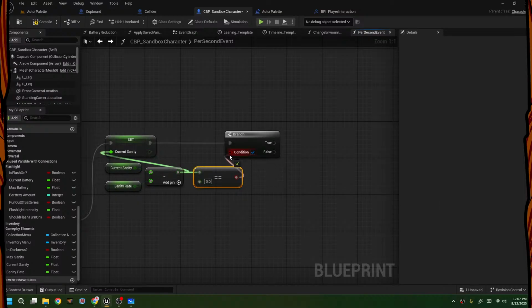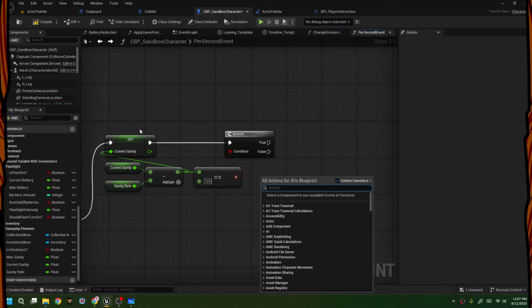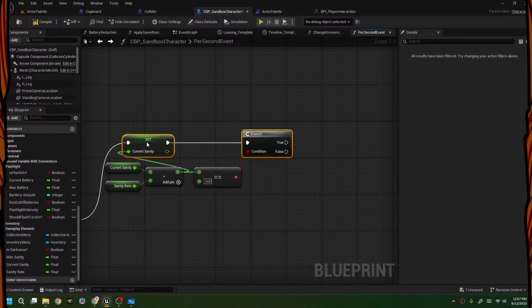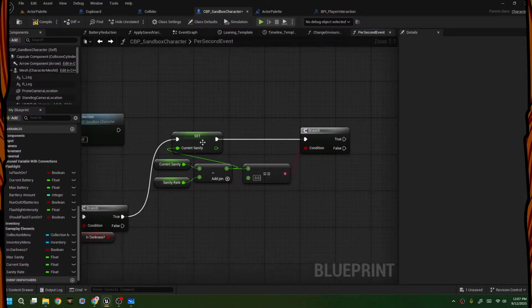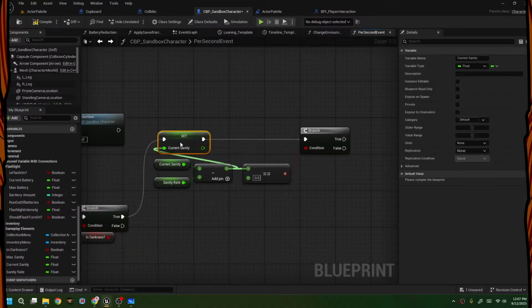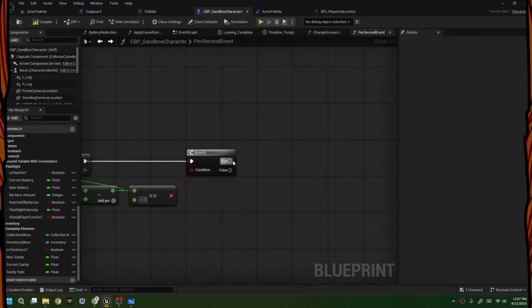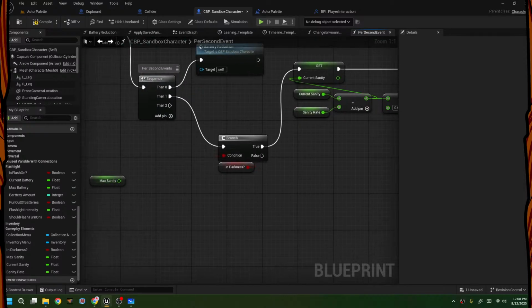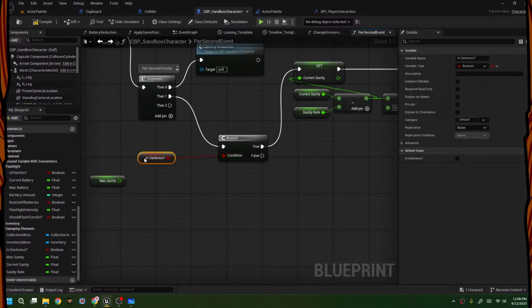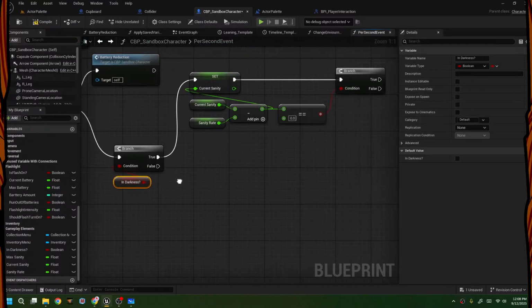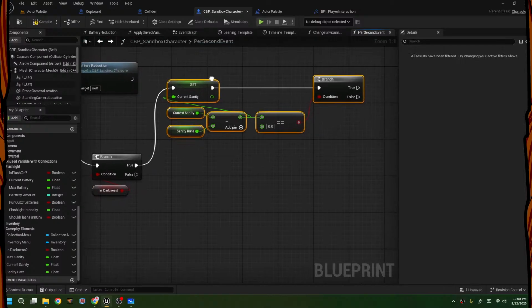And if it is, that means we have reached the bottom line. We don't want to decrease this anymore. So either this should be in darkness, and